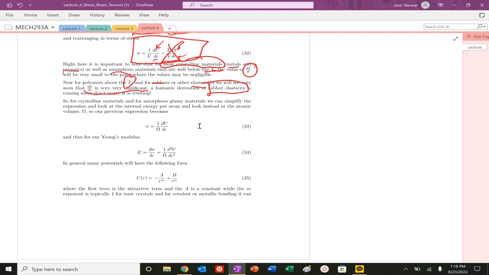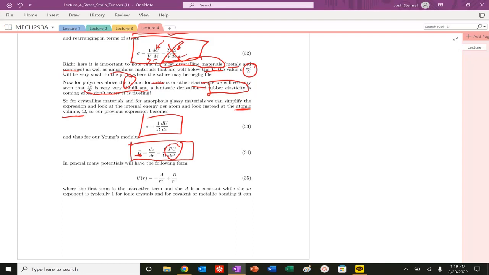So we can go back to this right now, and we see that for crystalline materials, we can redefine this system. If we're looking at the atomic level, I can look at the atomic volume, or basically the atomic spacing. So we could just replace this volume term here with our capital sigma, this term here, and we have it. And again, what was the whole point? We wanted to derive terms in terms of an energy of our system. So our Young's modulus is just the slope of our stress strain curve. So you take another partial derivative, and we see that our Young's modulus is proportional to the second derivative of our internal energy with respect to strain.